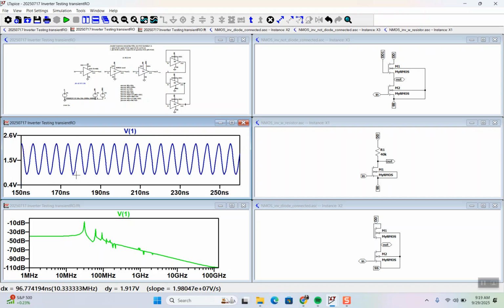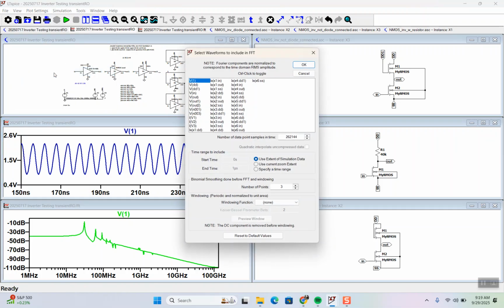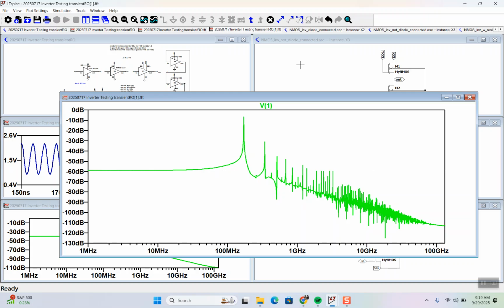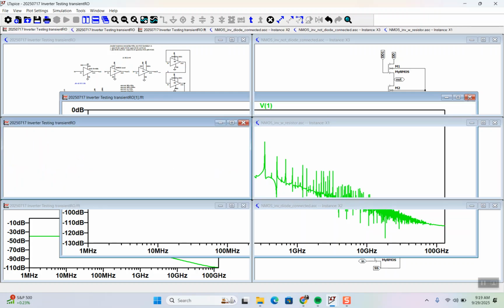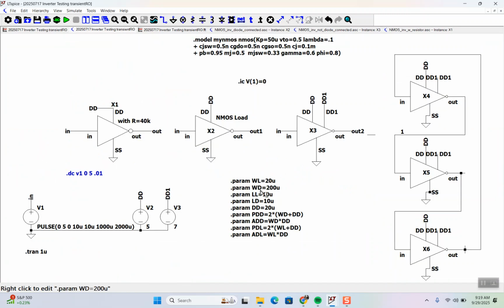In fact, it's even faster. Yeah. Let me make sure I did. Okay. So, so the reason